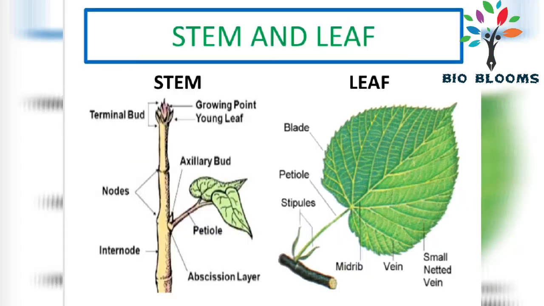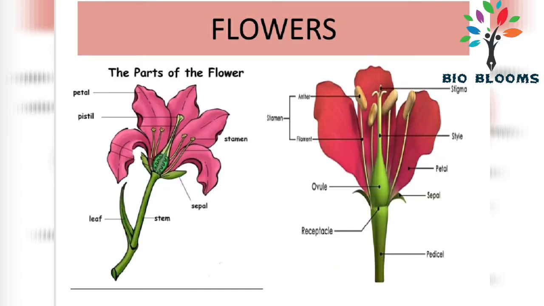So next come to the stem and the leaf. The function of the stem is very important. It supports the plant, and also the stem carries water and minerals from the roots to the leaves and carries the food prepared by the leaves to different parts of the plant. And in the stem you can also see branches that grow from the stem. Now leaves grow on the stem and branches, and they are usually green due to the presence of chlorophyll, which helps them to prepare the food.